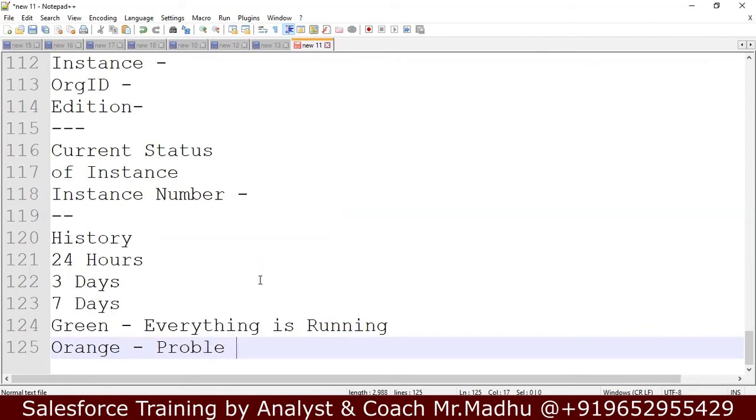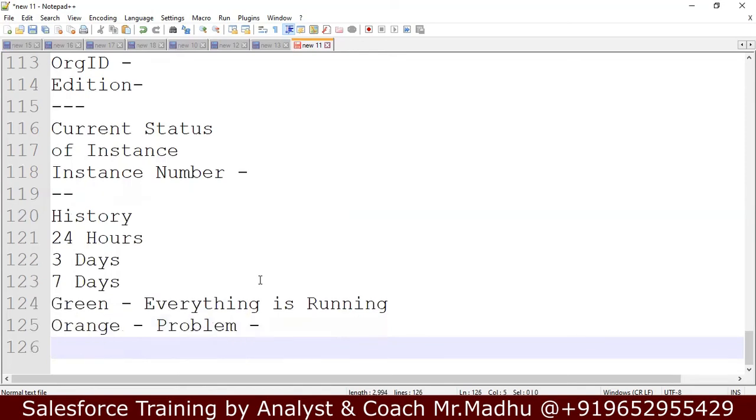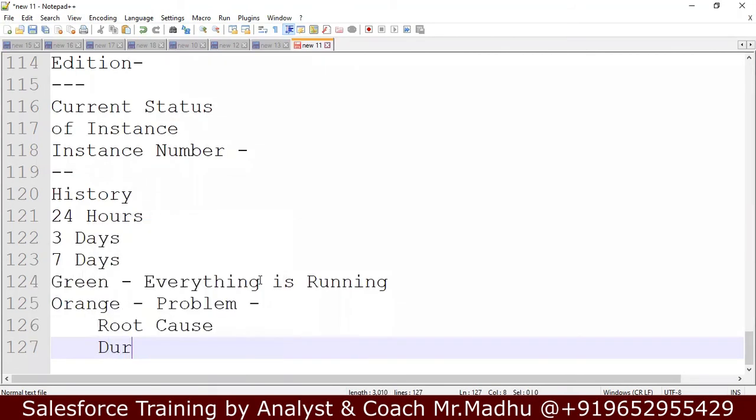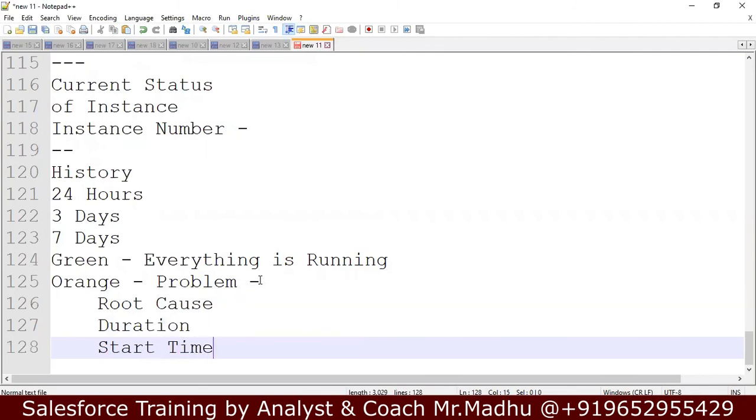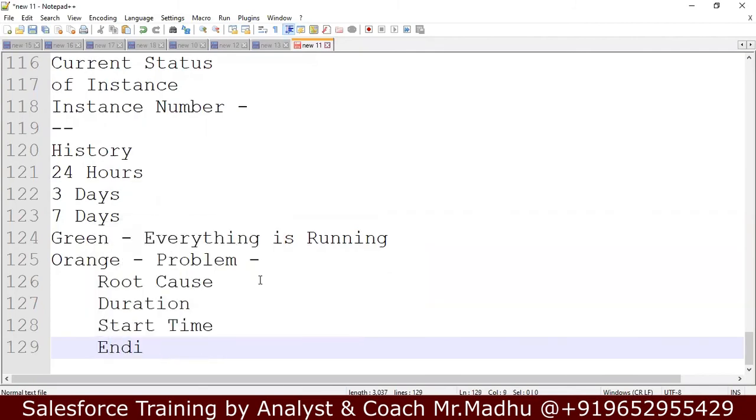Problem description is mentioned. When there is orange, there is a problem. The root cause of the problem is mentioned. And duration. How much time? And start time and end time. For how long there is a problem?